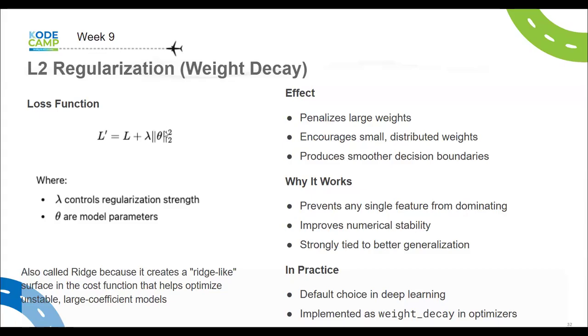So that's L2. L2 is square. You take a square and you are going to sum all of them. It's strongly tied to better generalization. So in practice, L2 regularization is like the default choice in deep learning, right? And in optimizers in PyTorch, you specify it as a weight decay, and you can specify the lambda value that you want to use for that weight as one of the hyperparameters. Okay, so